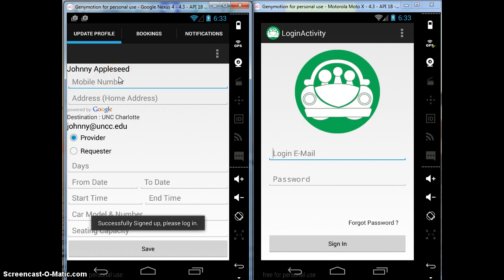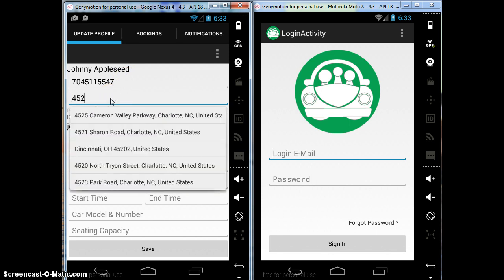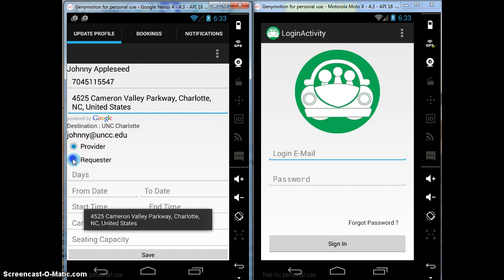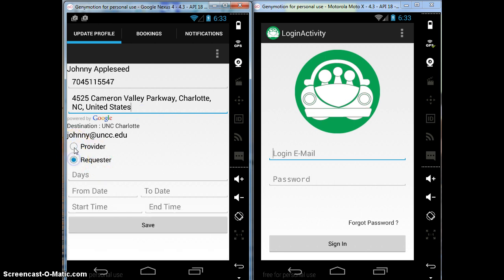During the registration process, the user will be prompted to enter their 10-digit mobile number, followed by their address. The address will be auto-populated using Google's autofill after the user types at least 3 characters. The user can then choose whether to register as a provider or a requester, and the fields will change